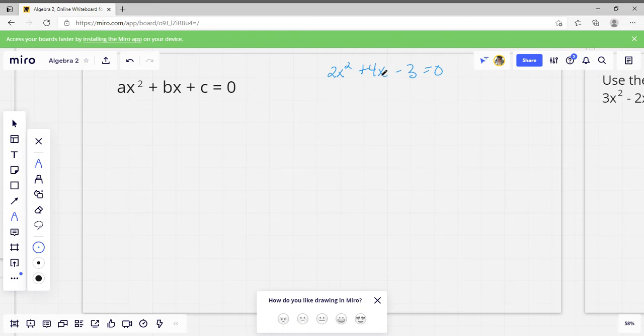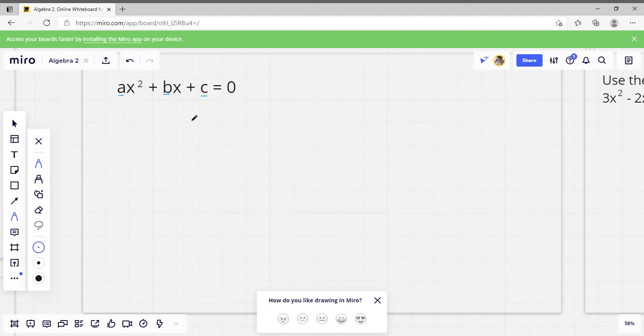Whatever our coefficient of x squared is, we're going to make that be a, and our coefficient of x we're going to make that be b, and the term that doesn't have an x will be c. We're going to rearrange this equation so that we get a general equation on how to solve quadratics. The first thing we need to do